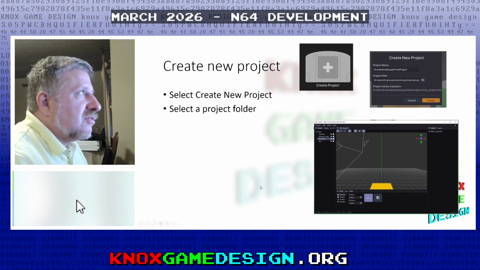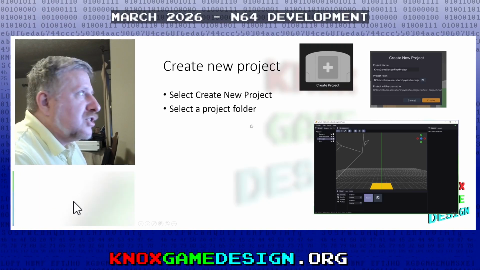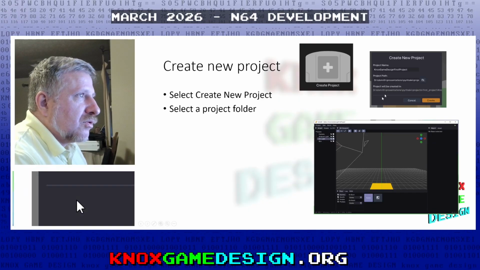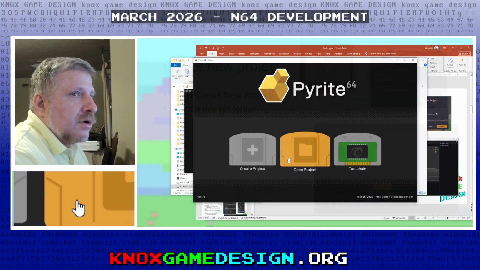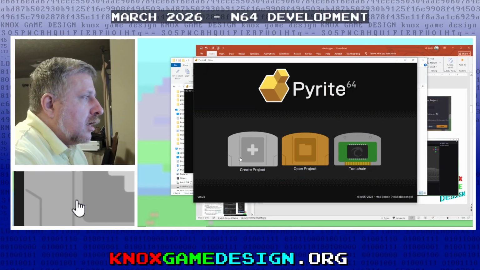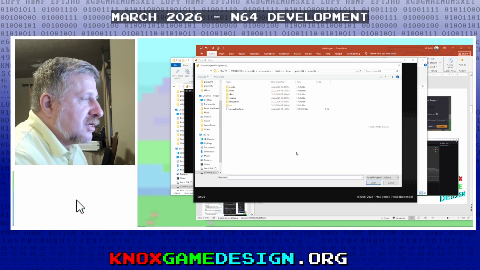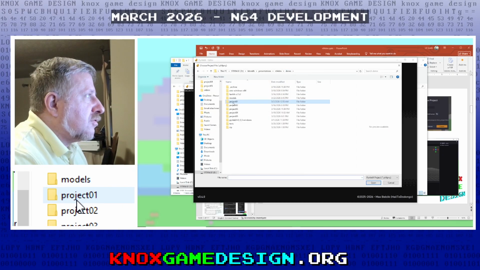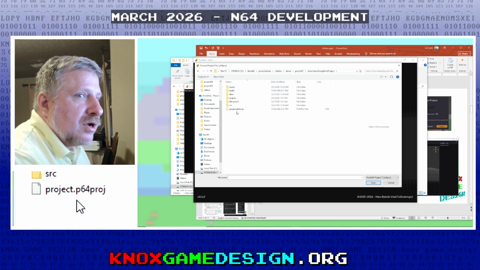Once you get all this installed, you can bring it up and set up a simple project. Just select create new project and select the project folder. That's what it looks like over here, and I will show that right now. So here's Pyrite64, and you can create a new project. I already have one created, my first simple project, and I'll have all this code in a source code repository. I just have this called Project 01, Knox Game Design, first project,